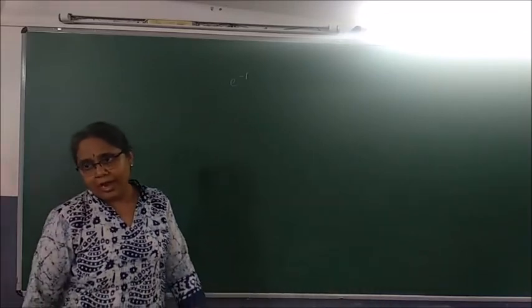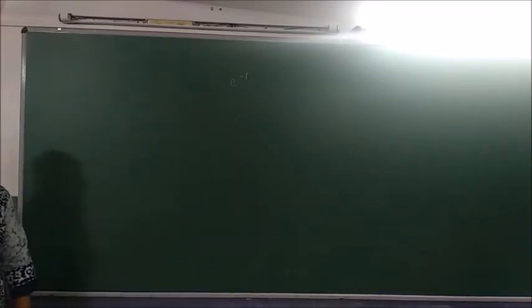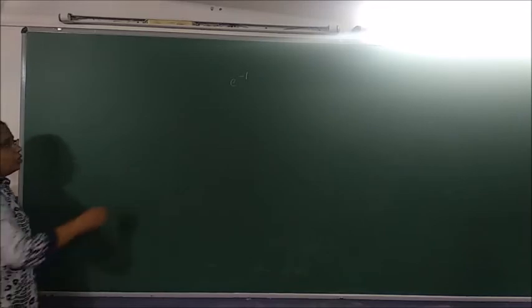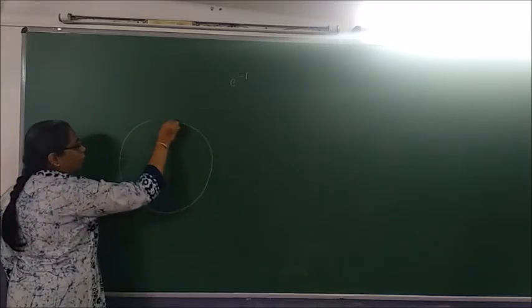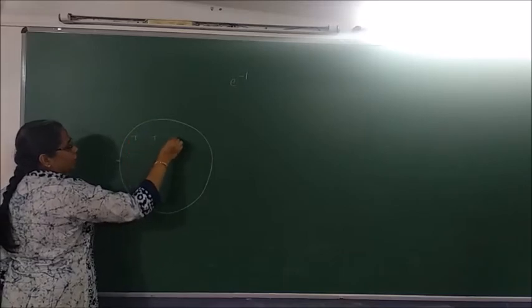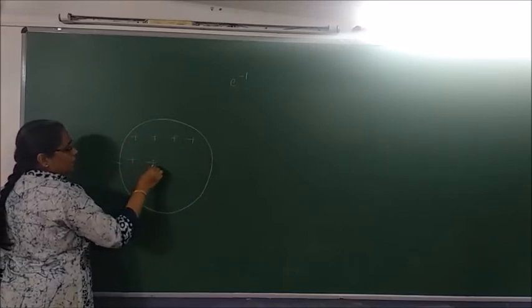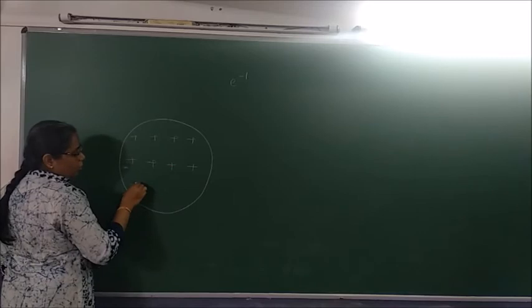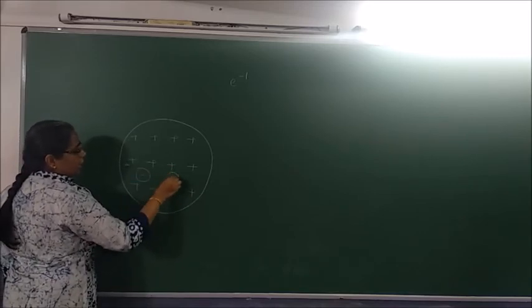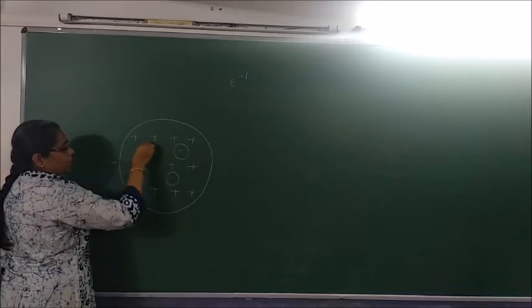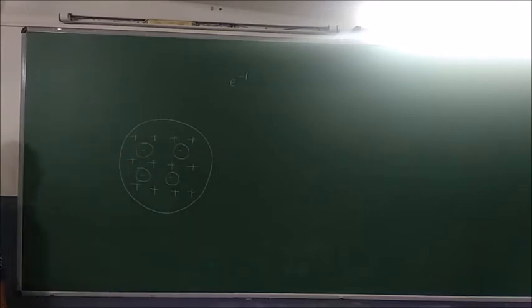Thomson's model of atom, or J.J. Thomson's model of atom. What does J.J. Thomson's model of atom say? That an atom is a ball of positively charged particles, with electrons embedded here and there, like jelly beans or like chocolate chips in chocolate ice cream,